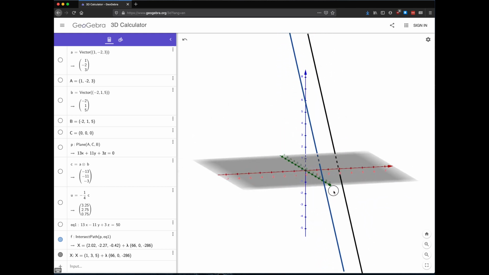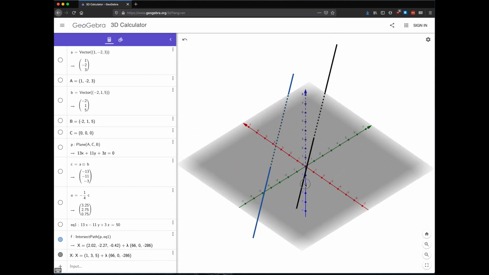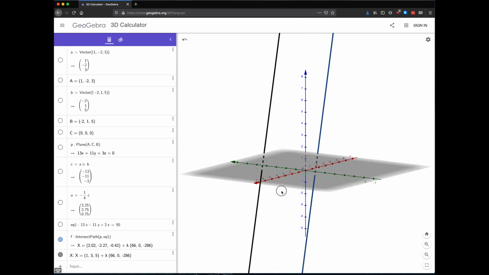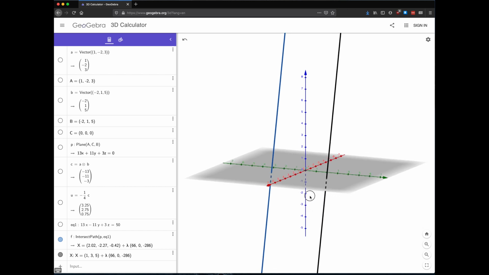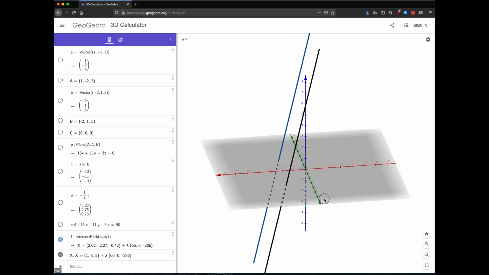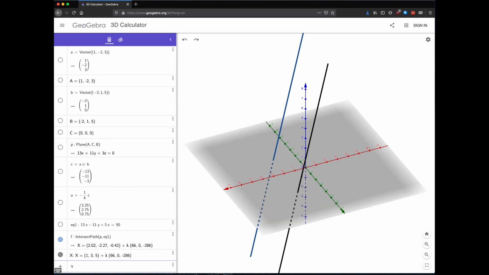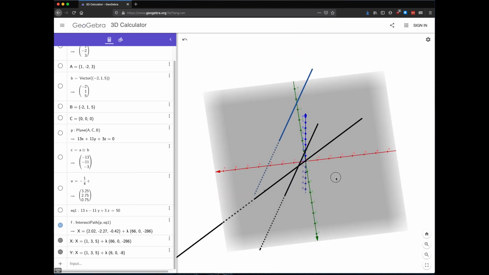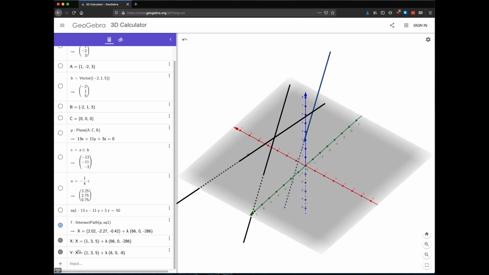These two lines will never intersect, and in fact what makes them parallel is they live in the same plane, right? There's a plane that contains both of them. If I start manipulating things, if I start manipulating this vector, what I'm likely to have happen, let's try to give it a new variable name, y equals (1, 3, 5) plus t times (6, 0, -8). Okay, so now we have two lines that are intersecting at that point they share,